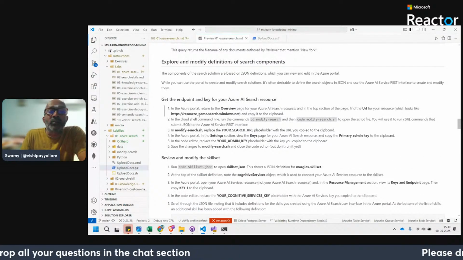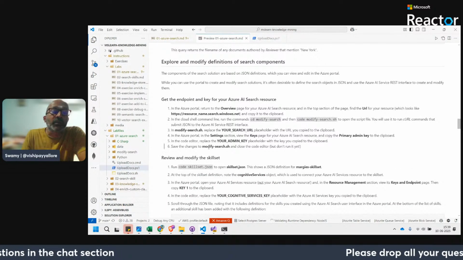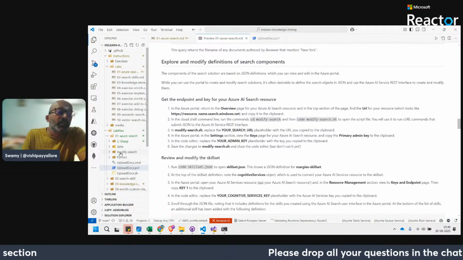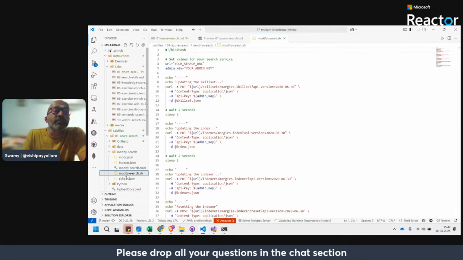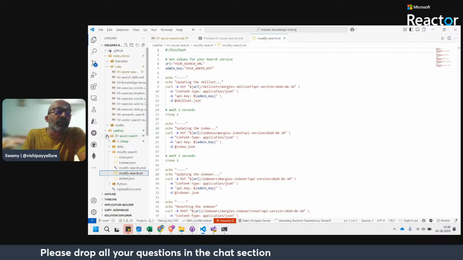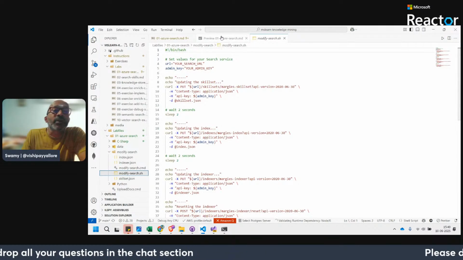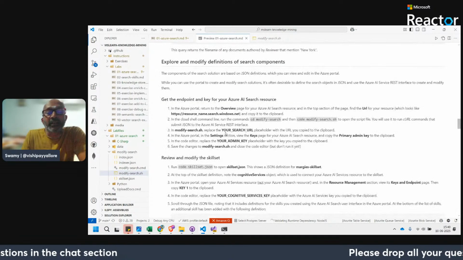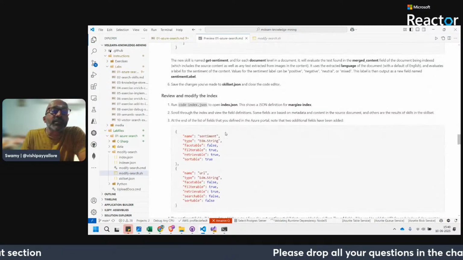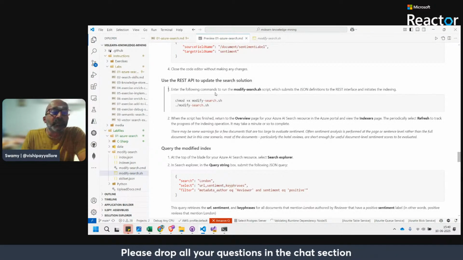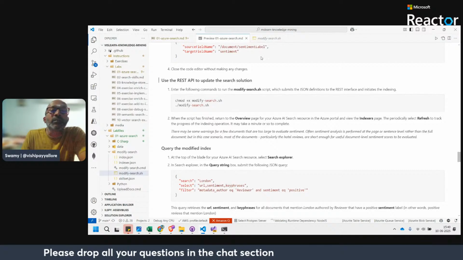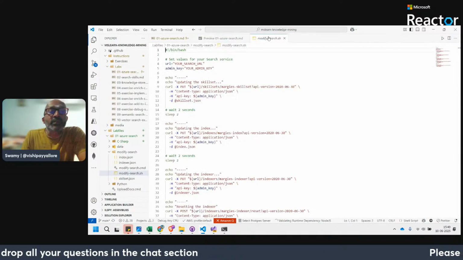For that, we took the help of another shell script, modify search, and we have to give these values. So I think to a decent extent we did that in the first session, and we invoked these REST APIs.